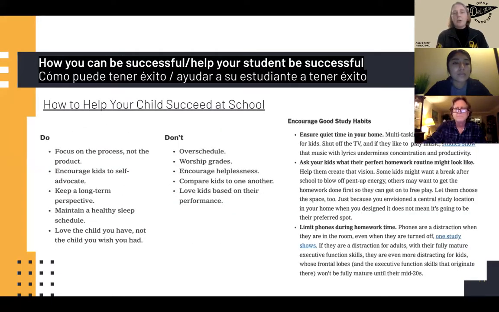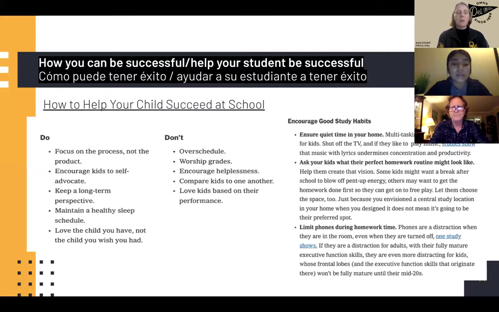And this is an article, and again, it will be linked on this presentation, and I just put a couple of excerpts from it about how to help your child succeed at school. There are some recommendations, for example, for focusing on the process, encouraging your kids, as I just mentioned, to self-advocate, and really maintaining a healthy sleep schedule. This is huge, making sure students are getting enough sleep,